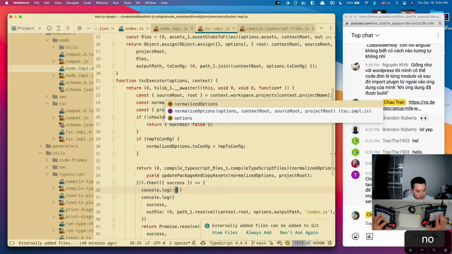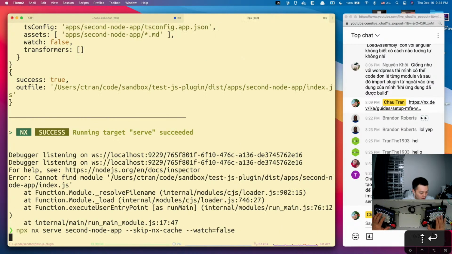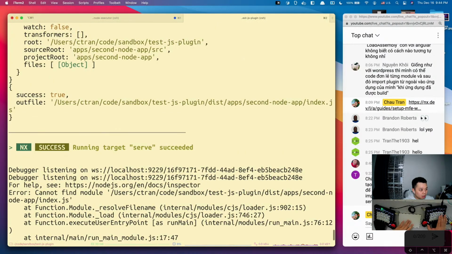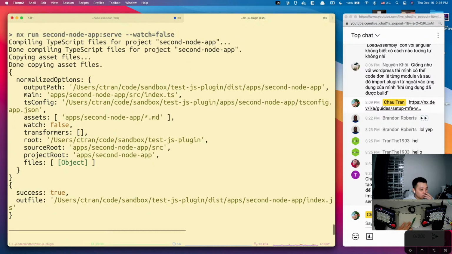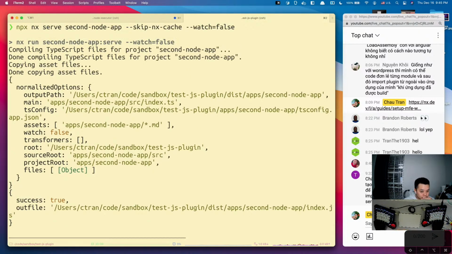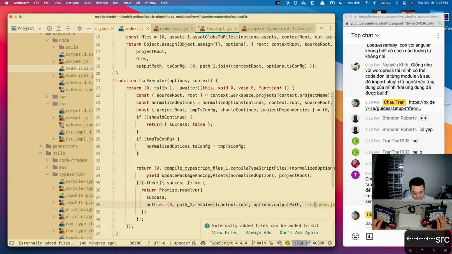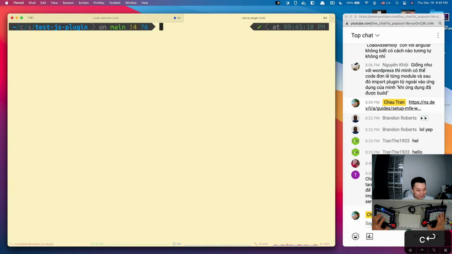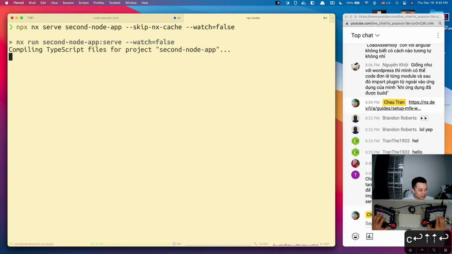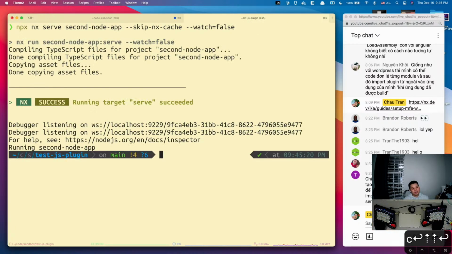Normalize options. Okay, so we don't really have anything for that, so let's just do source for now and make sure that it's working. Yeah, so this works, but we kind of need